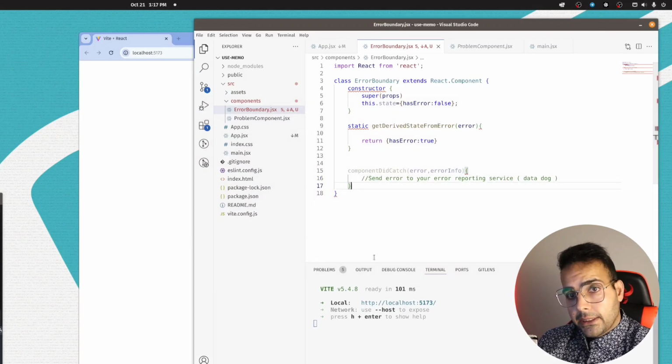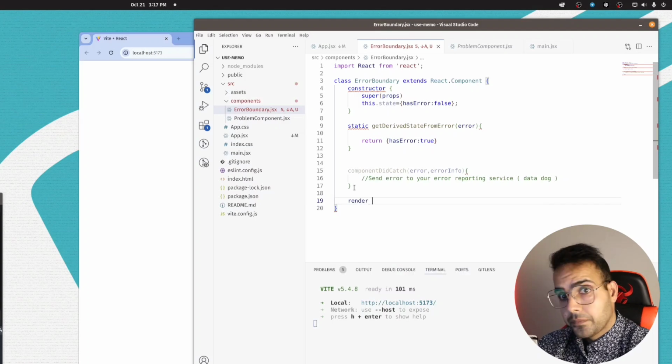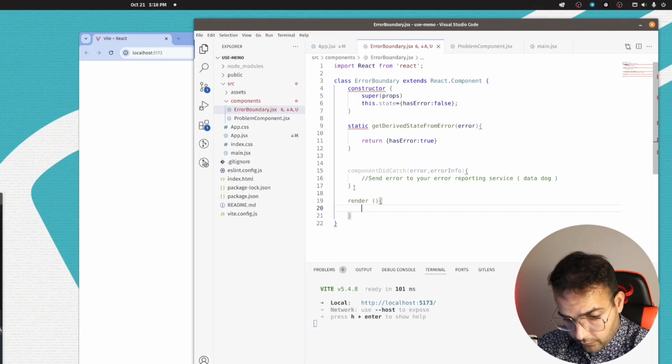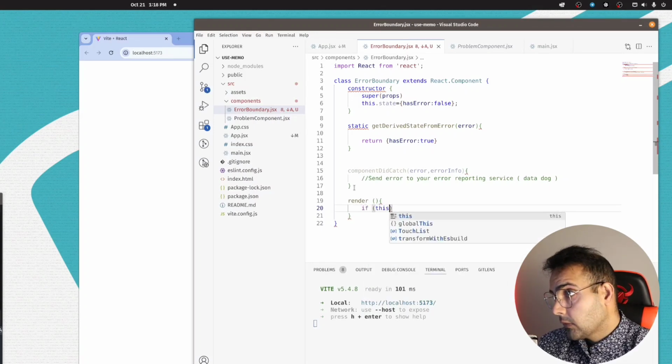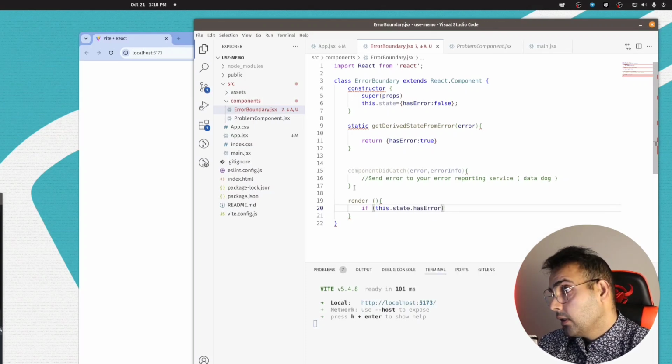So after that comes the render part. So render, and if this.state.hasError,